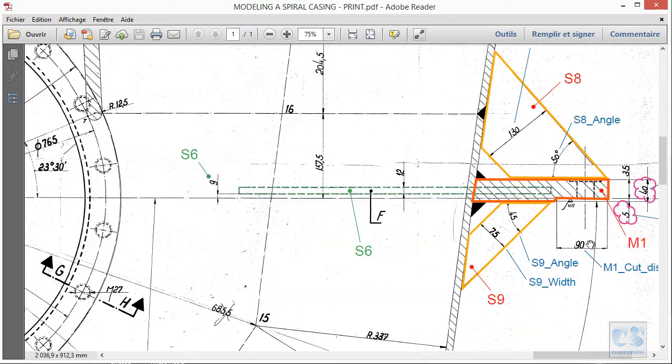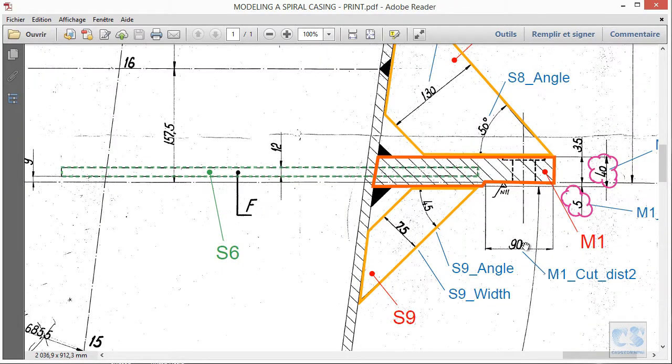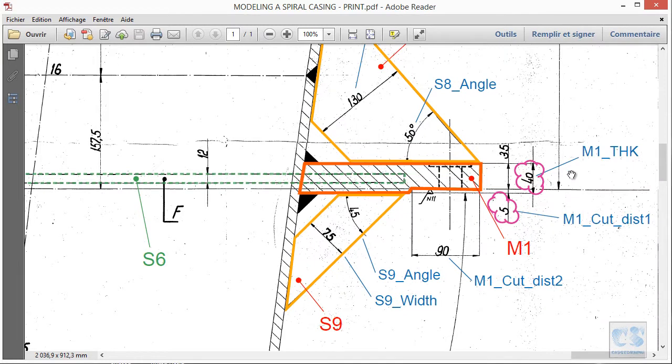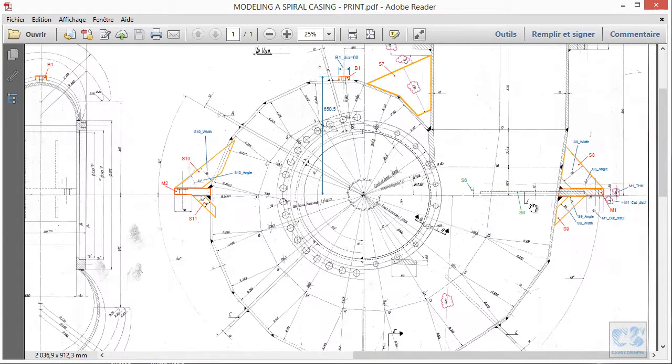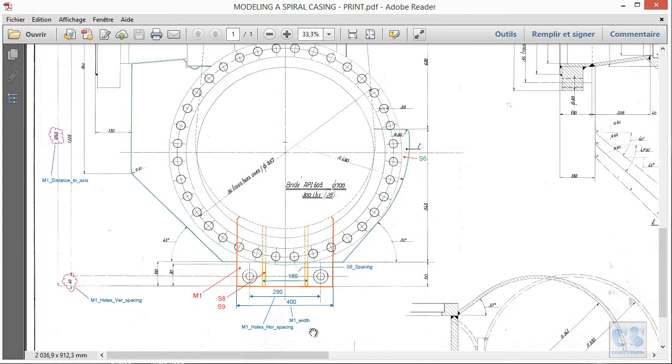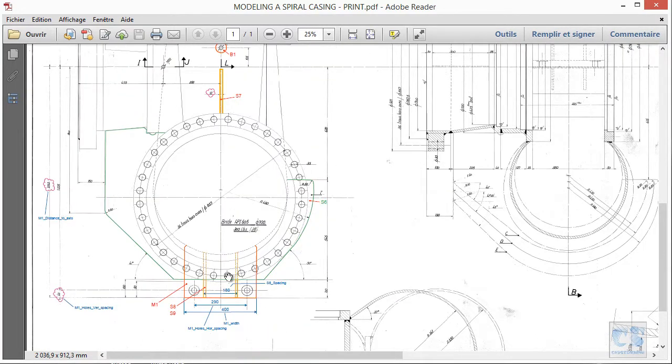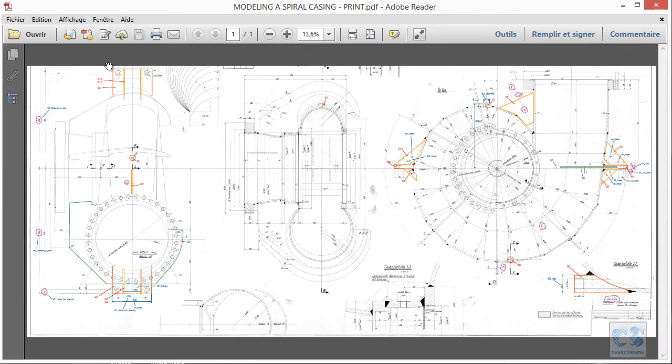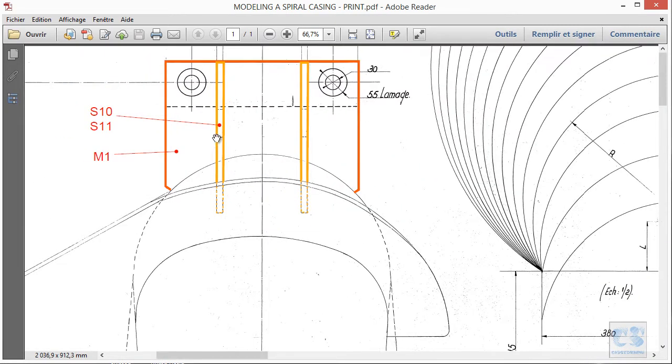So we will have this 90 millimeters dimension, and we will have this thickness also, and we will have the width, which is in my understanding the same. So this is the first one, and for the second one you have to look here. So we'll have, I think, the same width.